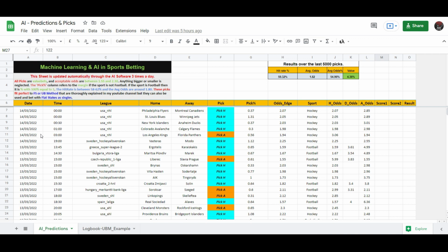This one is automatically updated, and then we start with the league name. If the league is not properly structured, so if you see here, we have the country, USA or Sweden or Greece or Bulgaria, and then we have the league. There is an underscore and then the league: NHL, Hockey Allsvenskan, Super League 2. If it's something different,